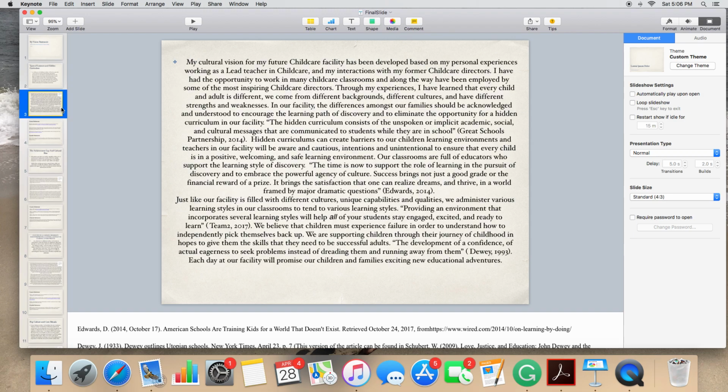Just like the article from Diverse Learning Styles in Early Childhood Education states, "Providing an environment that incorporates several learning styles will help all of your students stay engaged, excited, and ready to learn." End quote. Hidden curriculums can be barriers to our children in learning environments, and it is critical to